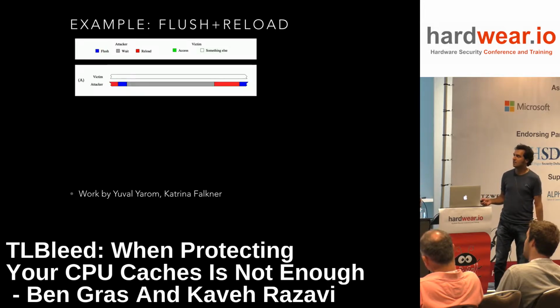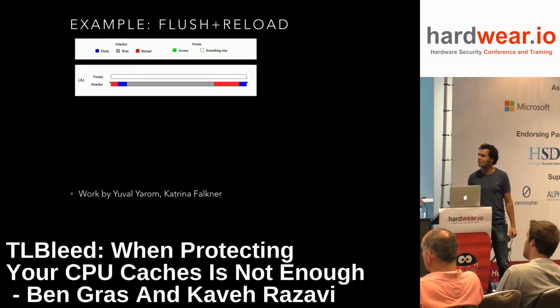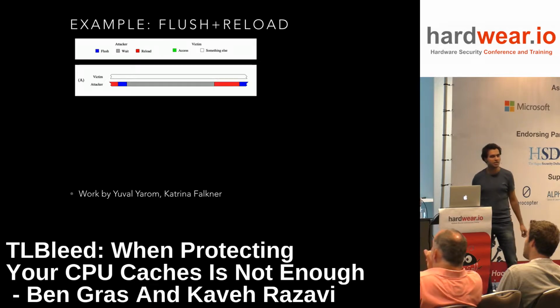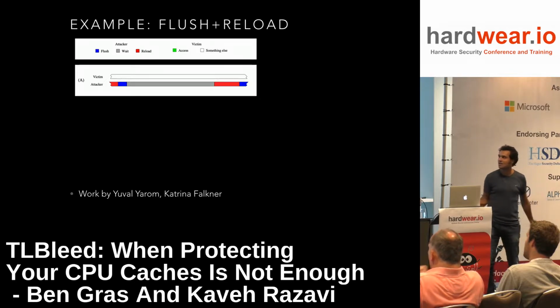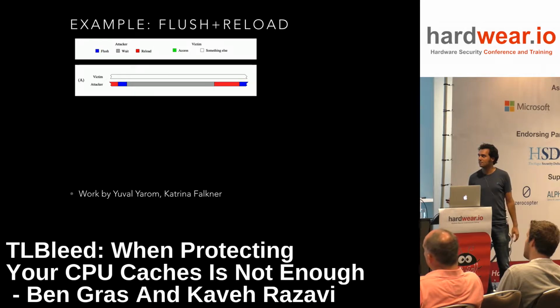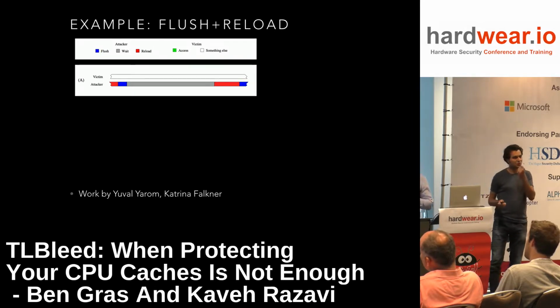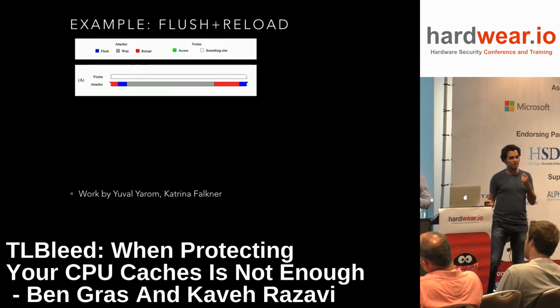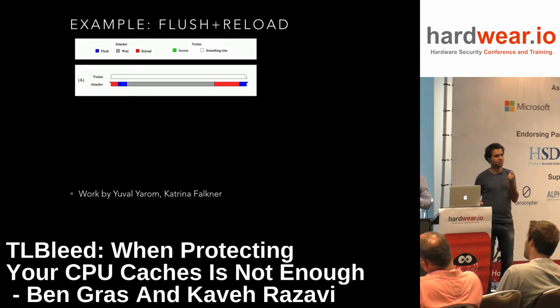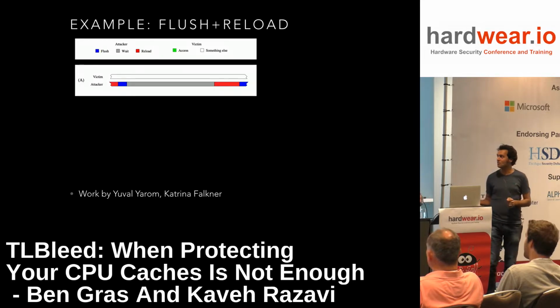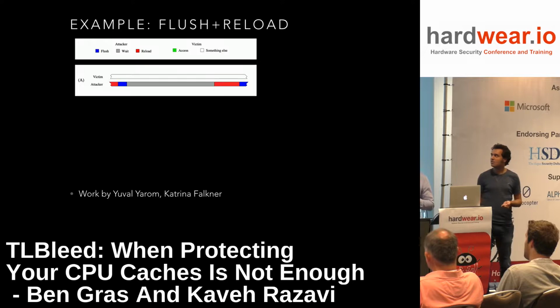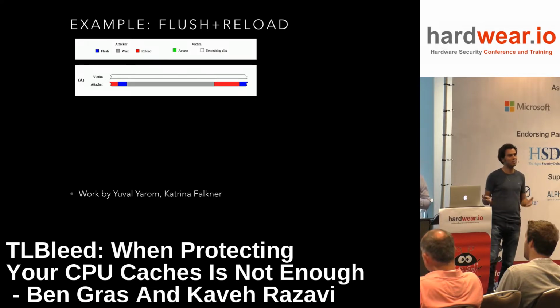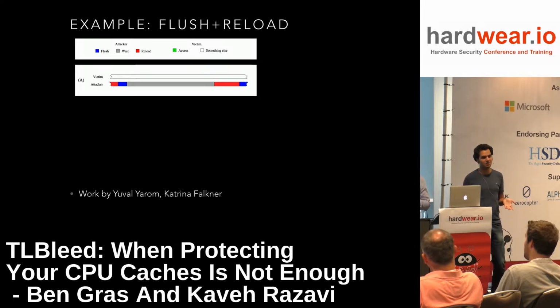Here's what the attacker will do. The attacker will flush a certain part of the cache, one part of the cache. Then the attacker waits for a while, and then tries to access that location again. Because the attacker has flushed this location, if the location is still flushed, the access is going to be slow. In this case the victim is doing something else, not accessing that memory location, which means the access has not happened.